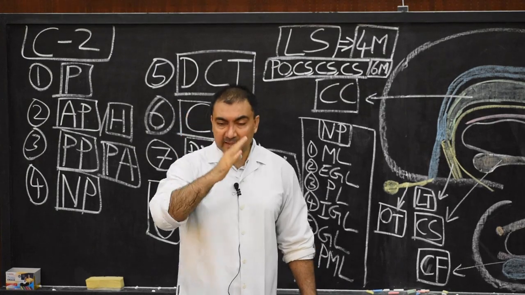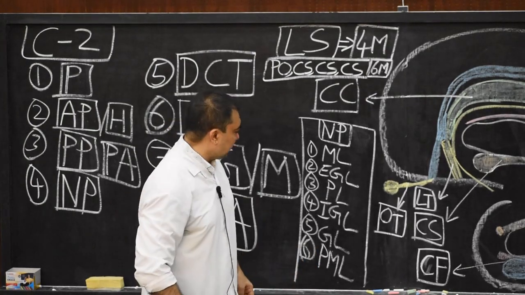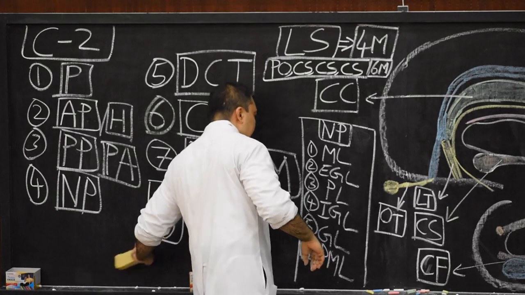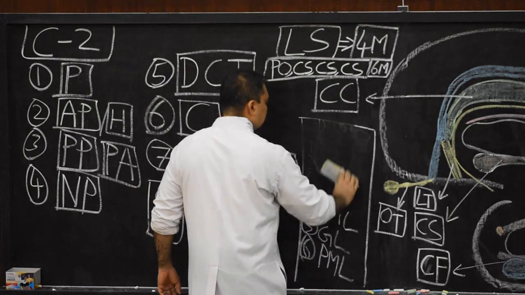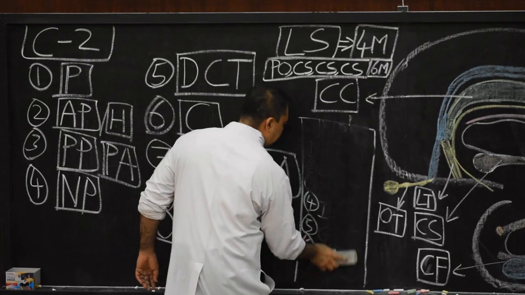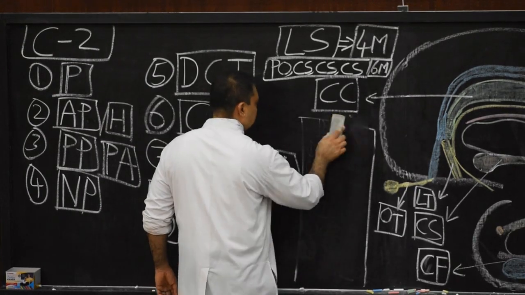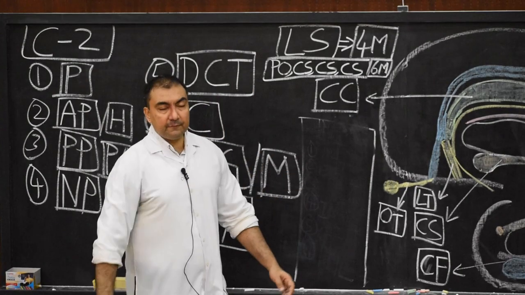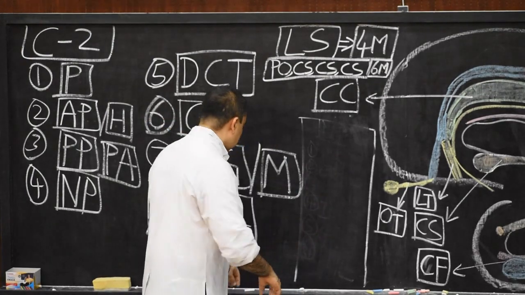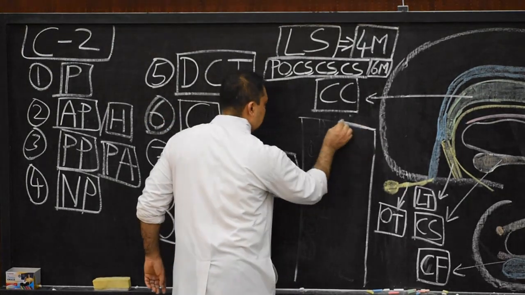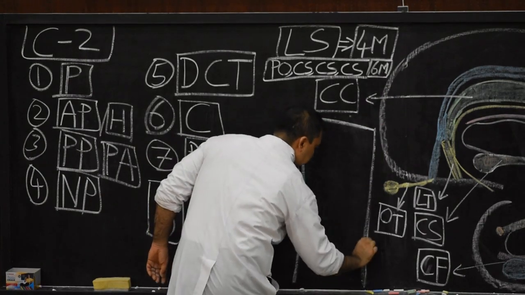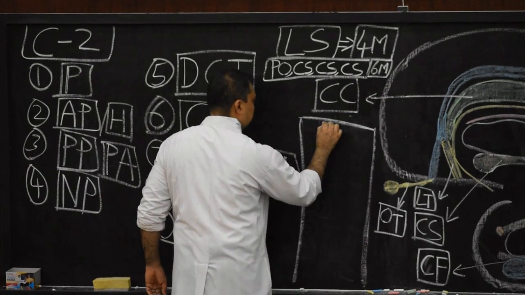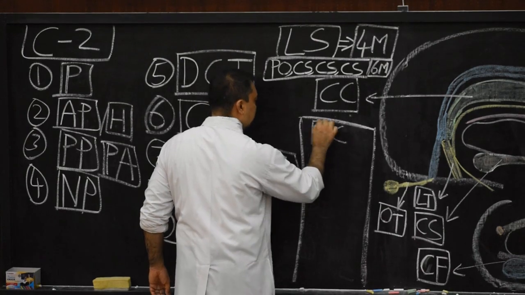So starting in the 3rd month, the first commissure to develop will be the anterior commissure. Here I will rub this box so that I can utilize the same space for the commissures. Therefore, the first to develop will be the anterior commissure. Please note down, the first will be the anterior commissure.